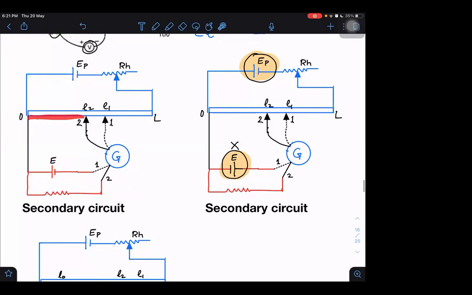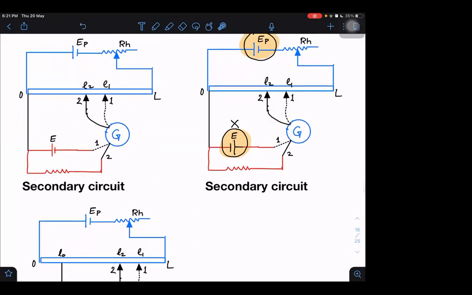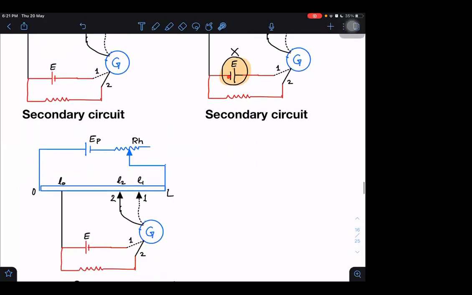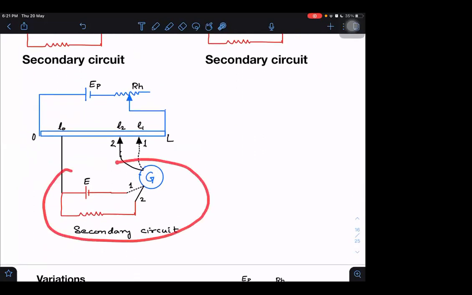I have to see what the length of this gap is. That length I have to calculate properly. I can also shift this secondary circuit in one direction, no problem in that. But I cannot connect negative with positive and positive with negative. That is not possible. This is the example I am giving. Here I have already shifted it. If I shift it, then I have to take the length accordingly.